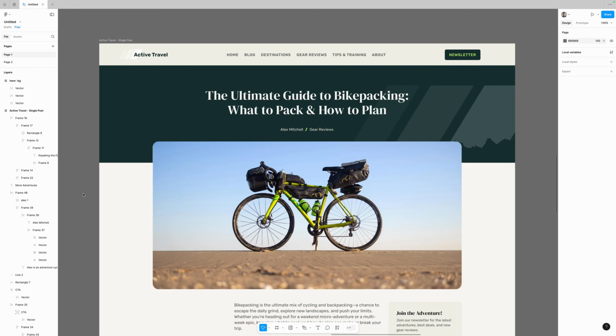Not only the default dynamic data that comes with WordPress, we're also going to be using ACF to create some custom fields to take this layout even further. If you want to see how to set up a blog post inside GeneratePress and GenerateBlocks, then stick around and let's get started. All right, before we start diving in and building, let's take a look at everything we have here in Figma